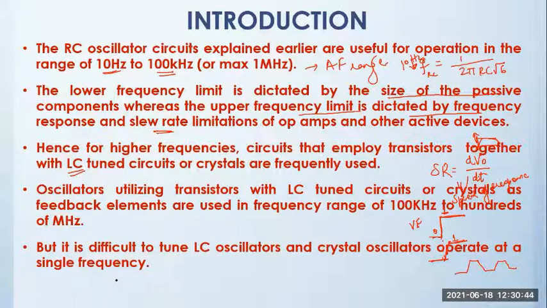Same case in LC oscillators. Just change L and C. Suppose you are using a decade inductance box and decade capacitance box, you can simply vary L and C values, you will get a different frequency of oscillation. But that can't be the case when I use a crystal, because every crystal works only for one particular frequency. If you don't want that frequency which is there for the given crystal, you will have to remove that crystal and replace it with another one.